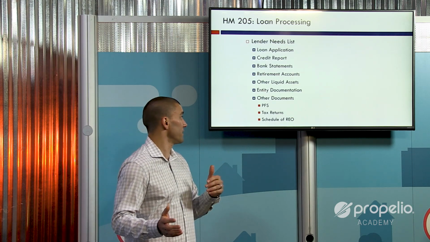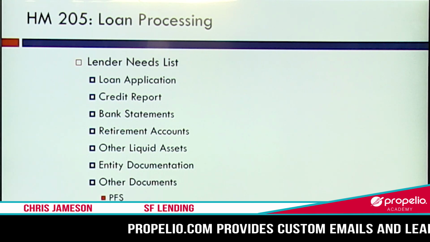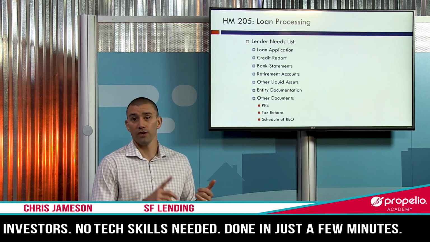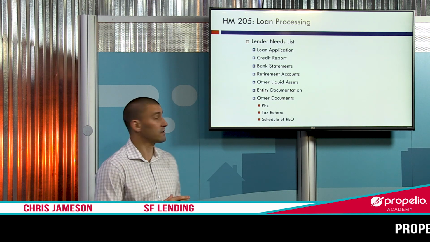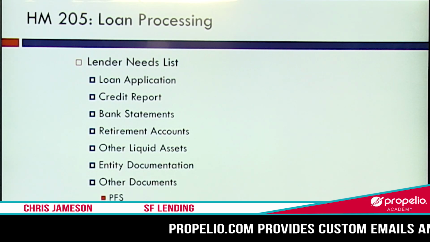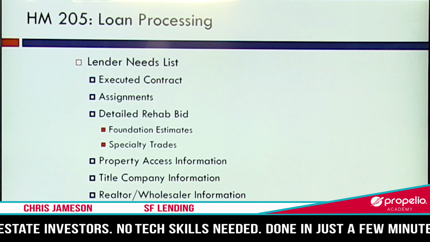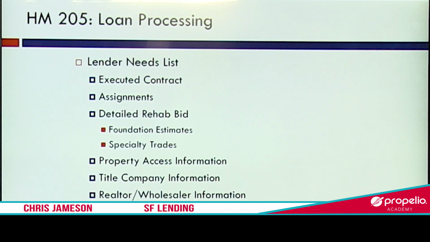For an LLC, it would be things that we mentioned before, like your EIN, articles of incorporation, and annual meeting minutes. And some lenders will also require other documentation like your personal financial statement, tax returns, and schedule of real estate owned. On the property side, your lender is going to require the executed contract, assignments like I mentioned before,